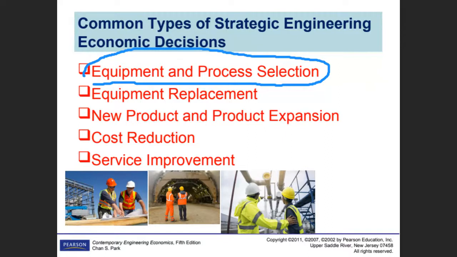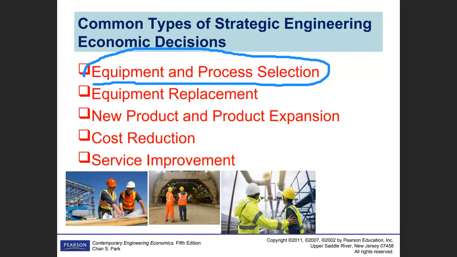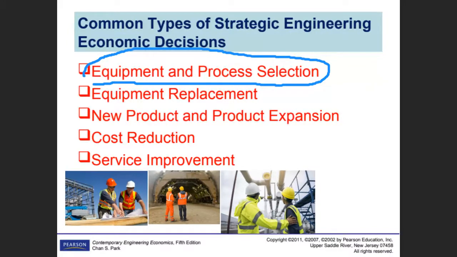So we'll be making these decisions, right? Which includes the engineer. Okay, so you may look at what will be the assembly cost or production cost, or what the scrap will be out of this engineering process. So you are the one who will be making the decision about which manufacturing process to use or which equipment to use. Or the second one is equipment replacement, another decision.